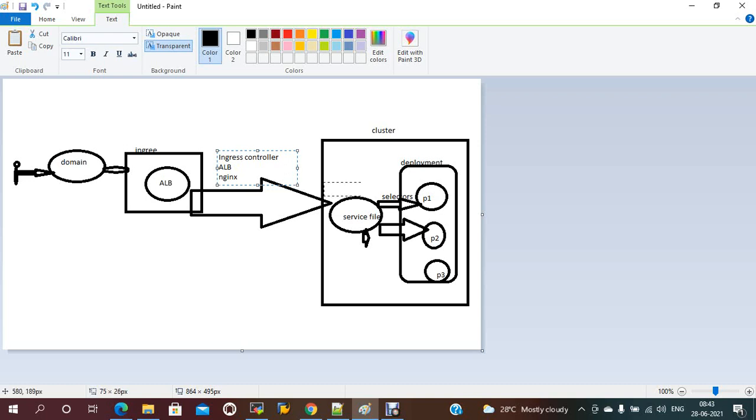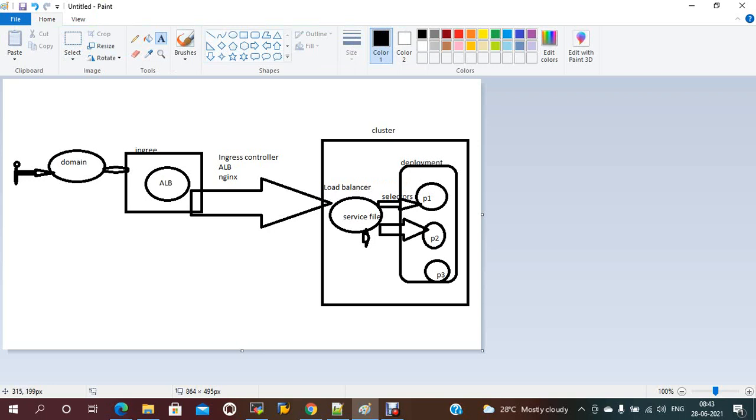Here also we will have the ALB ingress controller, the application load balancer, and here only it will be provided by the load balancer. Now I will divide this into two parts. First, I will show a simple application without the ingress part, how to access our applications from a domain. And in the second video I will do it with ingress with the ALB load balancer using external DNS.